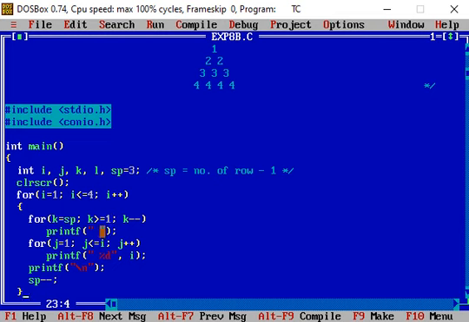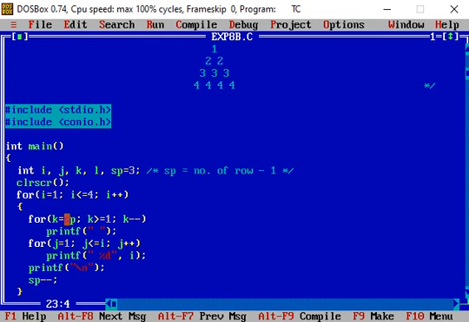So a space is provided between the double quotation marks. So whenever the printf statement is executed, a space is printed, that is, the cursor moves 1 column space right. Then the value of k is decremented.